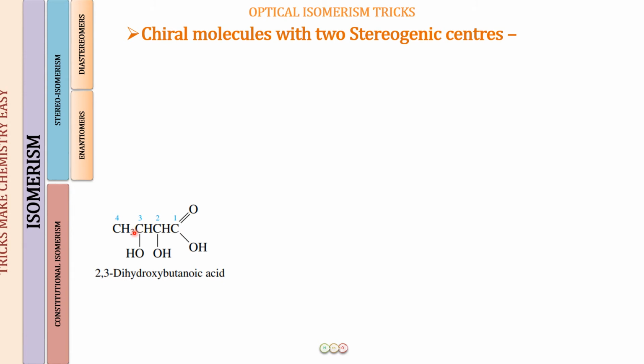And when we have 2 chirality centers, and when the 2 chirality centers are dissimilar in nature, the maximum number of stereoisomers that will be formed is going to be 2 to the power n. This is again, I have explained in my detailed lectures. Also, I am going to put up a trick to count the number of stereoisomers which are going to be possible for a compound. So you can watch that trick if you just want that trick itself, or you can watch my detailed lectures to have a thorough understanding of the concept. So here we will be having 4 isomers for this compound.